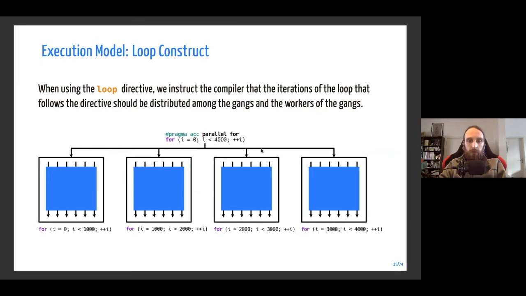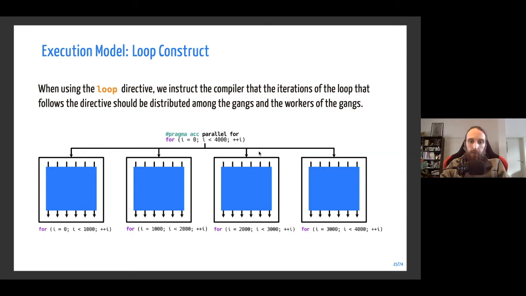But if you are not using the NVIDIA compiler, and if you are using, for example, GCC, then you need to use the loop directive. I don't know why I put 4 there, because I reused something, it's wrong. Okay, so in this case, you should write acc parallel loop.